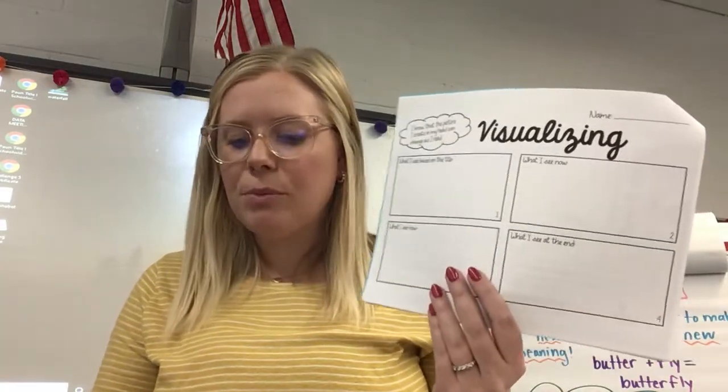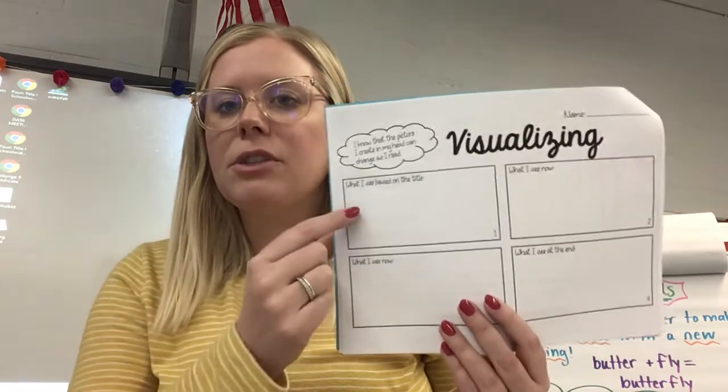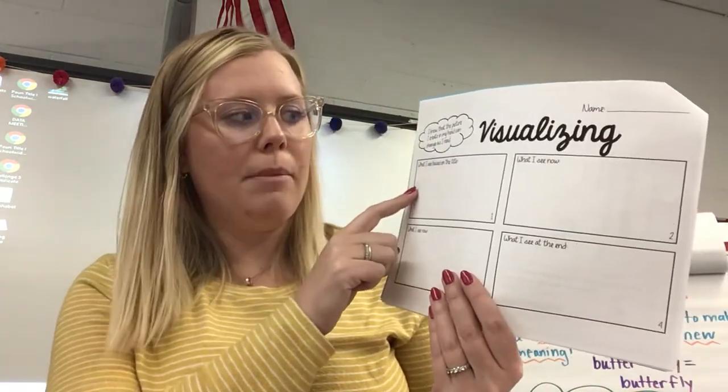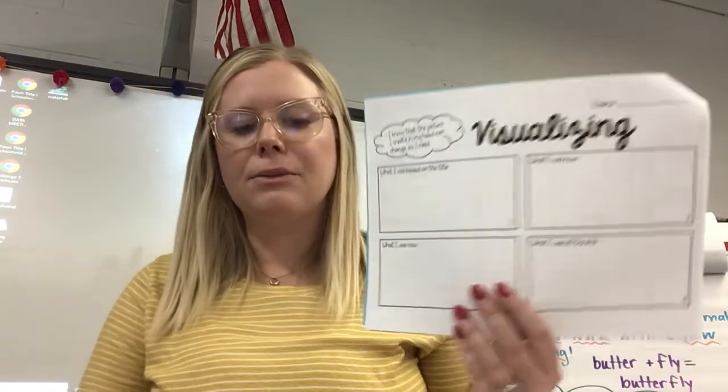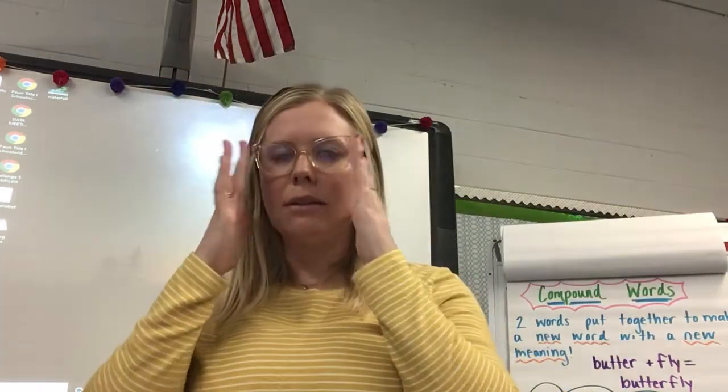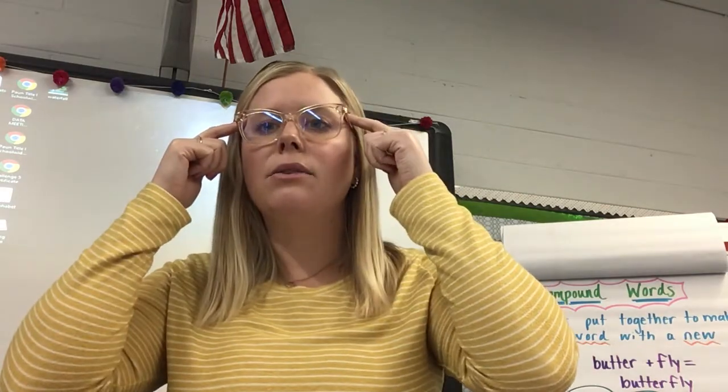So the first thing you're going to do, I'm going to read you the title of the book, and in the first box here, I want you to draw a picture of what you see based on the title. So if you would like to close your eyes and picture in your head, what do you see, what do you visualize when I read this title? Okay, the title is called The Treasure. The Treasure. So I want you to pause the video and I want you to draw in the first box there what you see in your head when I say that title of The Treasure. Okay, when you're done drawing and you can add color, press play and we'll continue on.